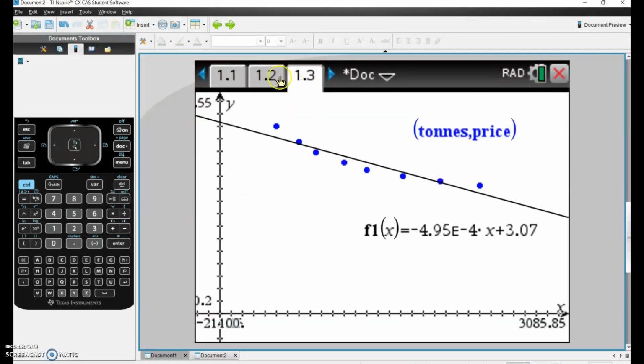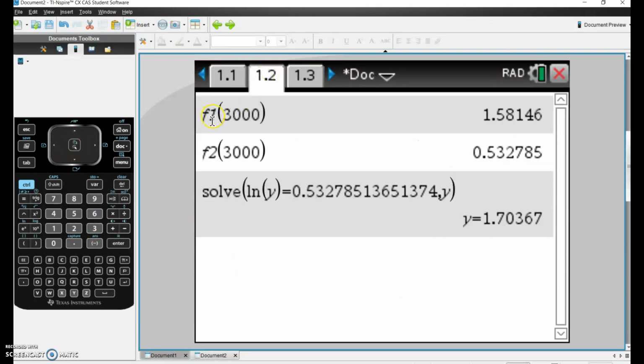So if I go to a calculator page, if I put 3000 into F1, which is the linear equation, the linear regression line between x and y, then for 3000 it tells me the y should be 1.58. So that's the price, euro per ton, for my first regression model. Then you would do the same with the line of Meyer. Now hopefully you've got an equation for the line of Meyer, so you put the x value into the line of Meyer and see what price that gives you. And finally you put it into